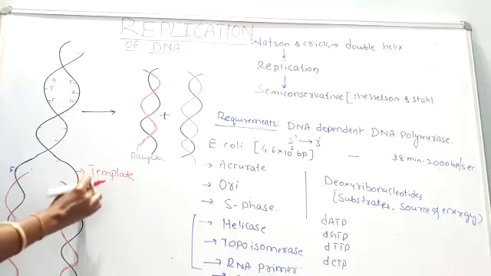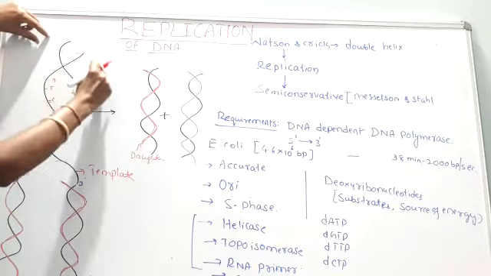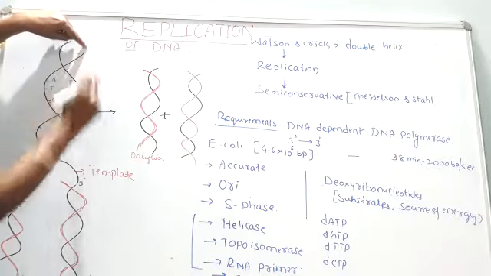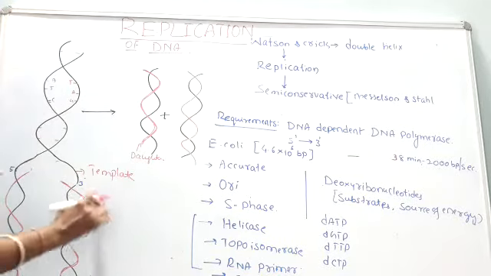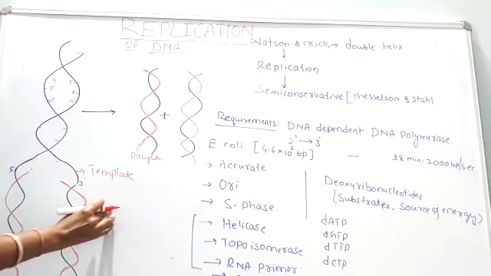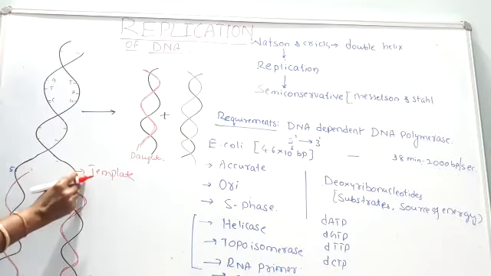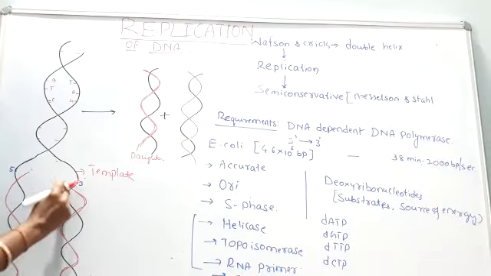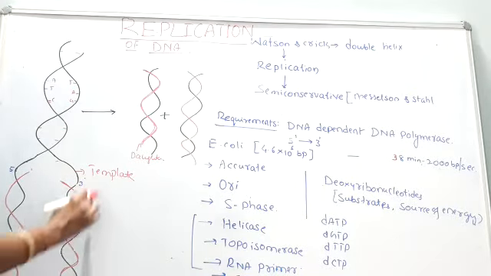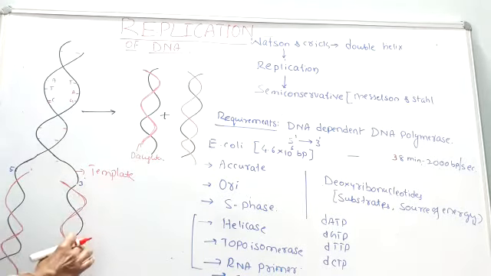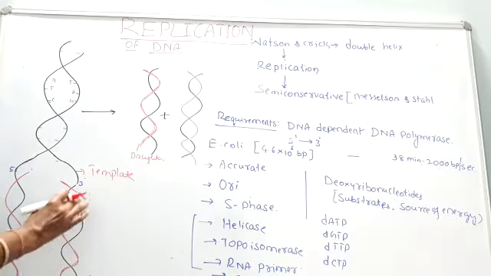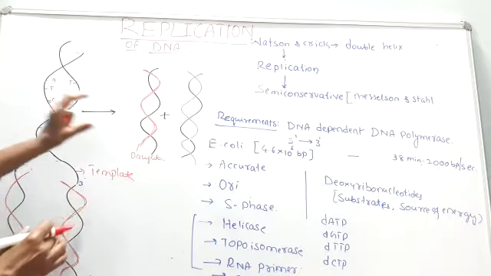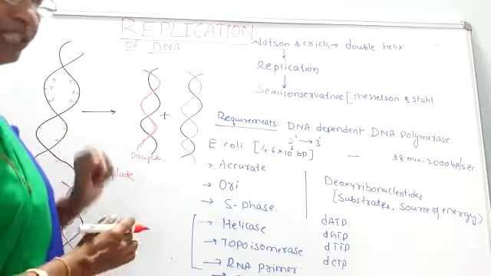So this is how the two DNA strands, whose polarity is 5' to 3' and 3' to 5', both get separated, and the parent DNA acts as a template on which new DNA is synthesized. This is how the two DNA strands are synthesized during replication. So the diagram shows the replication.